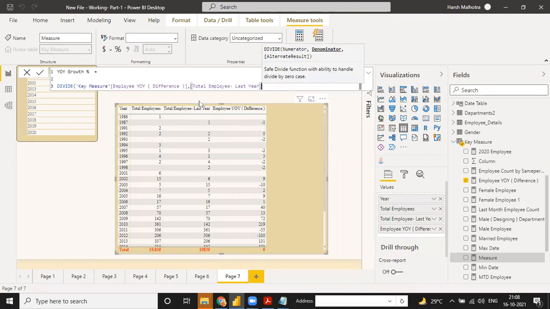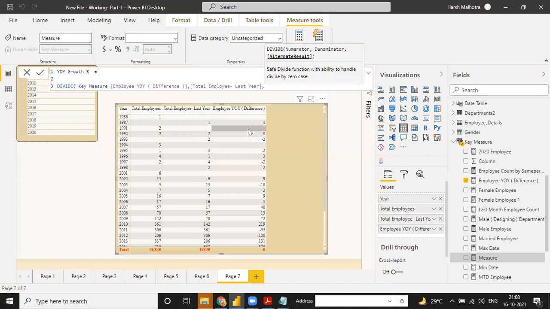So we need last year here. And second thing, when you put a comma for the alternative result, why do I put the is not blank check into this? Because if this value is 0 and something is divided, it will not give you a complete result.